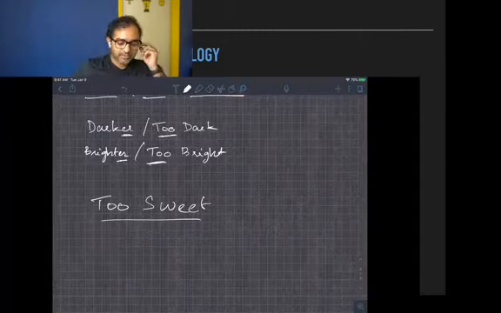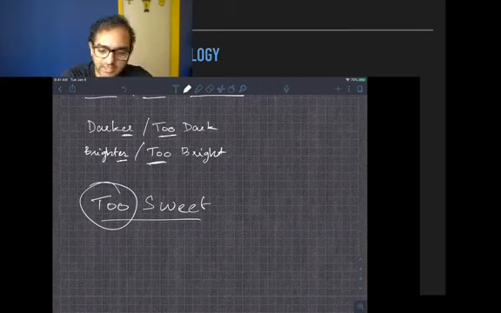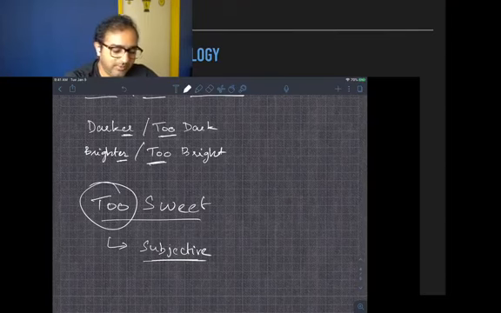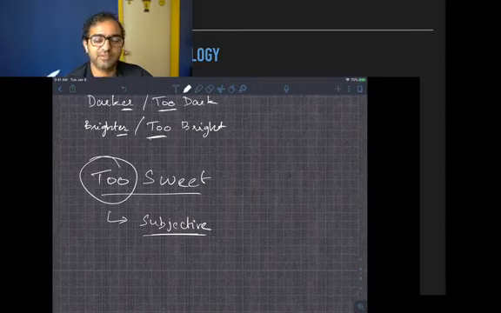Here we go. Okay, so back to this. So let's say someone gives you a cup of coffee and you say it's too sweet. Now the word "too" is a really hard term to quantify because this is a subjective term, right? What do I mean by subjective? By subjective, I mean it depends on the person who's experiencing something. It depends on experience. Subjective varies based on the viewer or the person who's experiencing something.